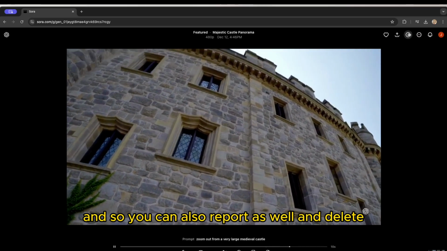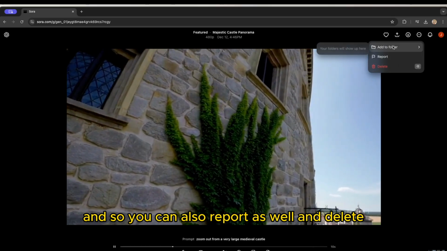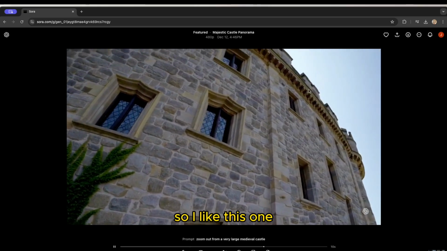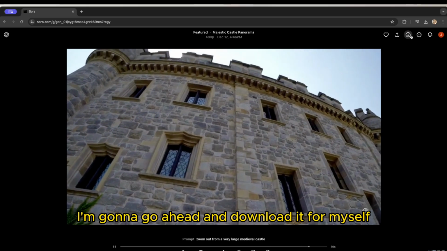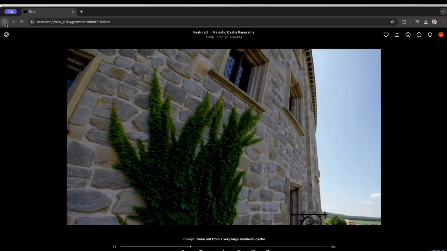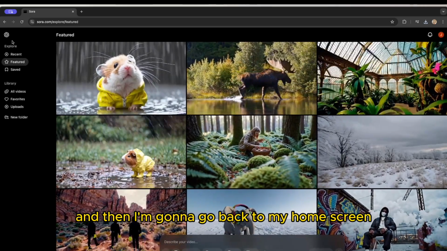And so you can also report as well and delete. So I like this one. I'm gonna go ahead and download it for myself, and then I'm gonna go back to my home screen where